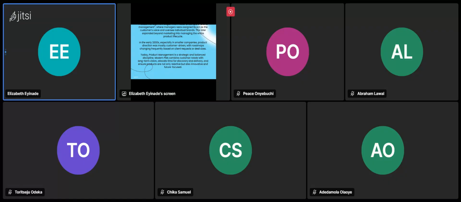So you have to always create that time for discovery. You just have to be open to learning. If I see any screenshot, I ask, please, what application is this? Especially if it is in alignment with my space, with what I am building, I want to know more about it. I want to sign up so that I will know, and I will look at what I've built. Oh, okay, I think we can do this. So that is how you should be as a product manager. Create time for discovery. Do more research. If there's any product you want to build, download as many as possible of those that have done this in the past.